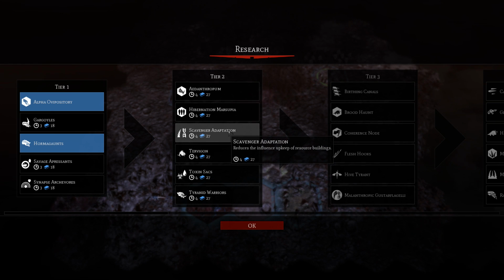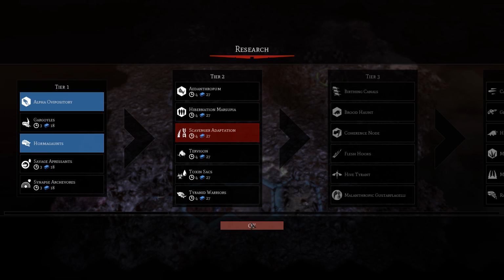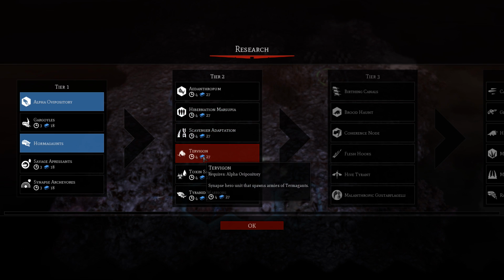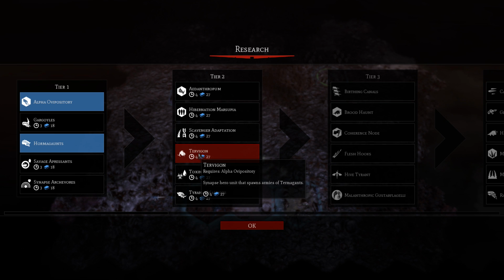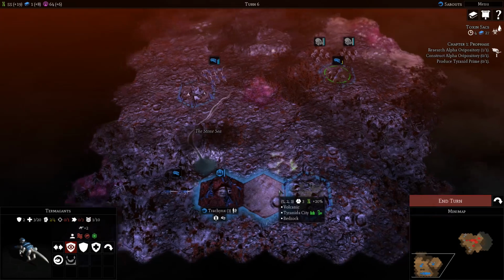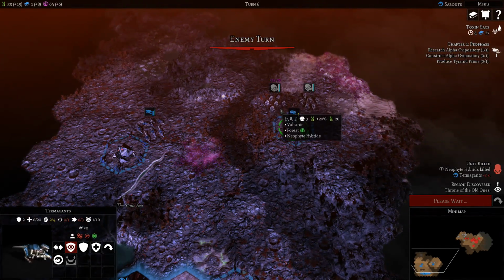Reduces the influence upkeep of resource buildings. This is good too because buildings cost influence, and being able to reduce that influence needs to be used for a lot of other things, so it's pretty useful for that. The Termagant is really good. He actually spawns Termagants. He's a hero unit that spawns Termagants. But let's go with the toxin sacks because that'll give our melee units a bonus against infantry, so we can use it to. That's why I said